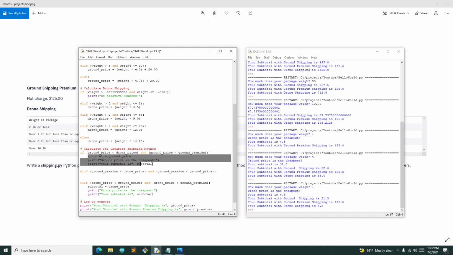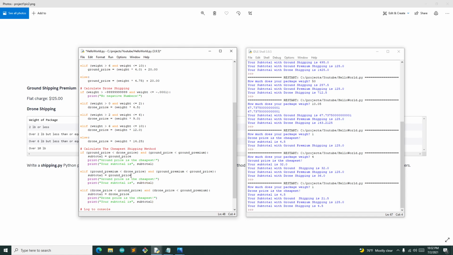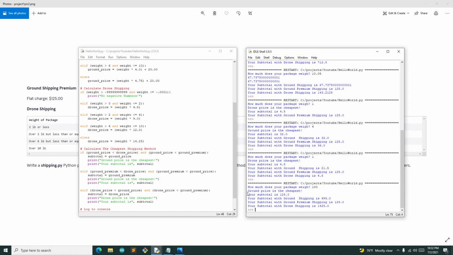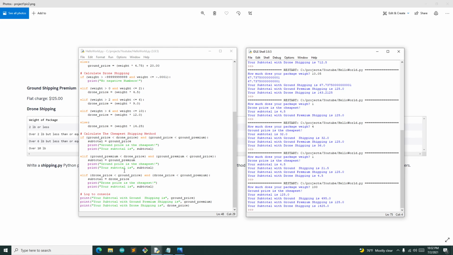Okay, so now we can just copy this, right? We can put this in our code, and the only thing we've got to change is ground premium, because now we want this to be equal to subtotal. And now if we run this, you'll see that if our weight is 100, you're going to see ground price. Well, sorry, I didn't change this, but it would say ground premium shipping is the cheapest. I don't know why I said ground price, but ground shipping, yeah, that's what we wanted to say,